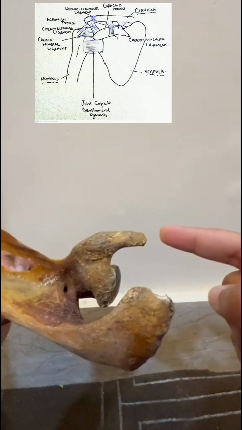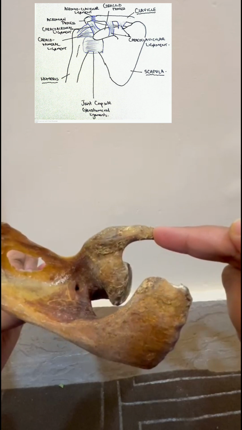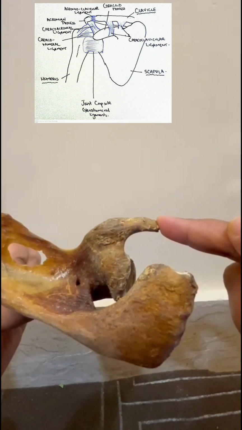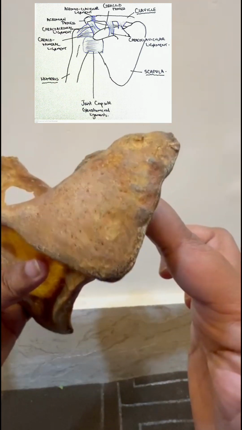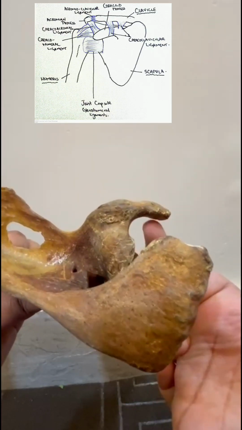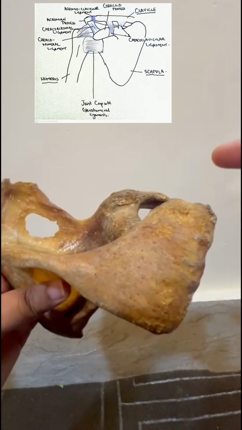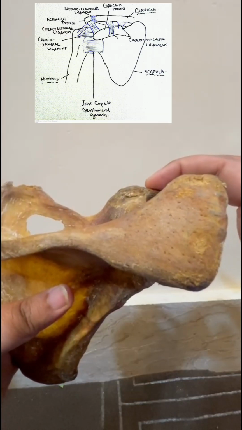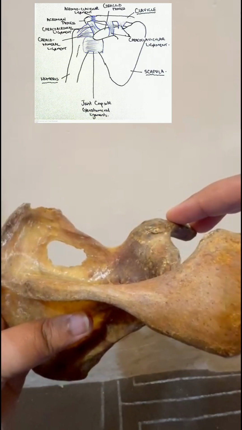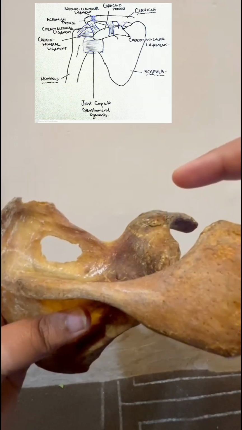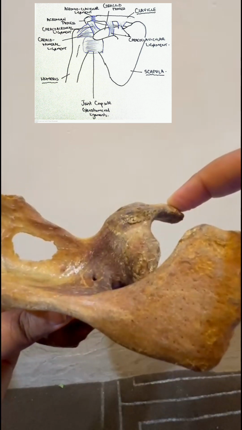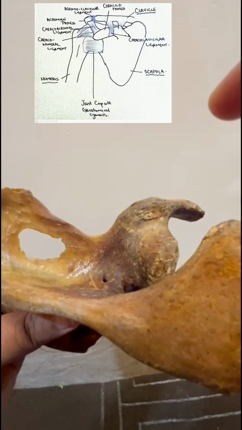First of all, a ligament that extends from the tip of the coracoid process to the tip of the acromion process is known as the coracoacromial ligament. Secondly, there is a ligament that extends from the root of the coracoid process downwards towards the humerus. This is known as the coracohumeral ligament. Finally, there is another ligament that extends from the coracoid process to the clavicle, that is like above. This ligament is known as the coracoclavicular ligament, and it has two main parts: a trapezoid part that is attached to the superior aspect of the coracoid process, and a conoid part that is attached to the root of the coracoid process.